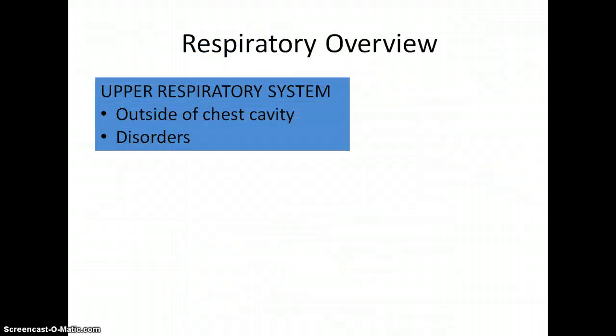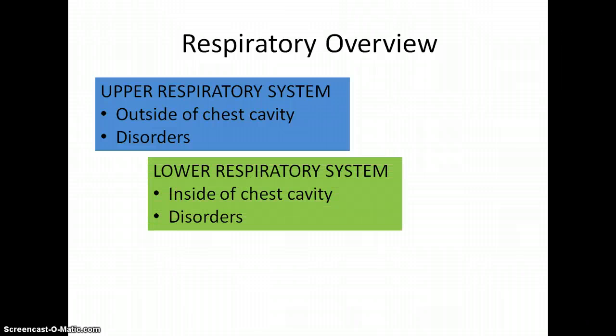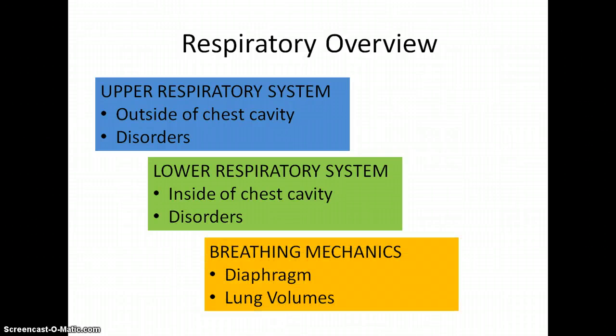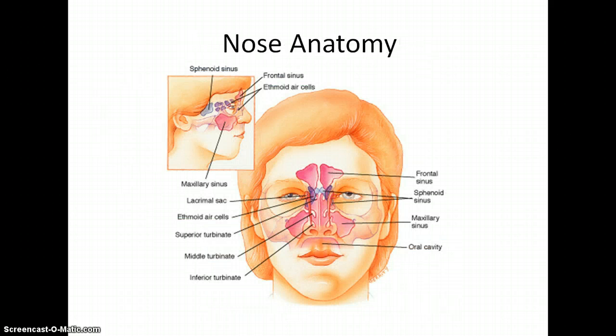But what we're really going to focus on in this particular video is the upper respiratory system, everything from about your voice box up. Then the next video in this series will be the lower respiratory system, so your trachea and down into your lungs. And finally, we'll take a look at the breathing mechanisms that involve your diaphragm and how you actually can inhale and exhale. So let's begin with some basic anatomy by looking at the first place that air enters,